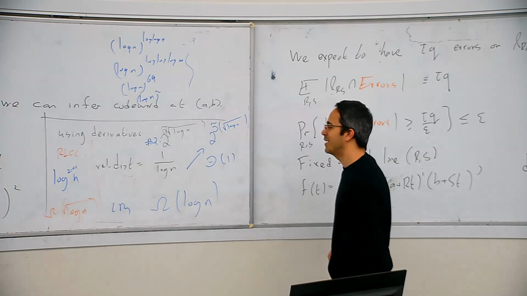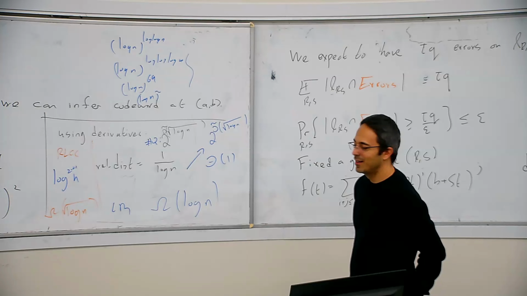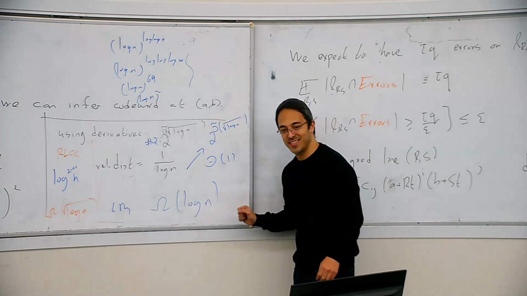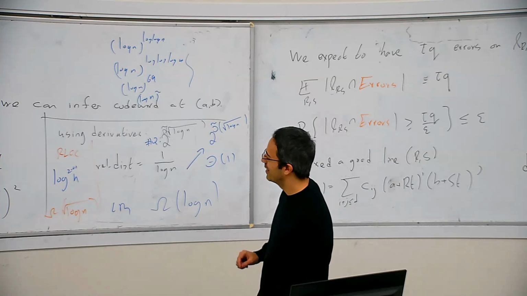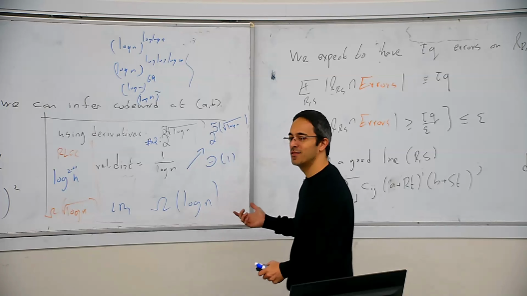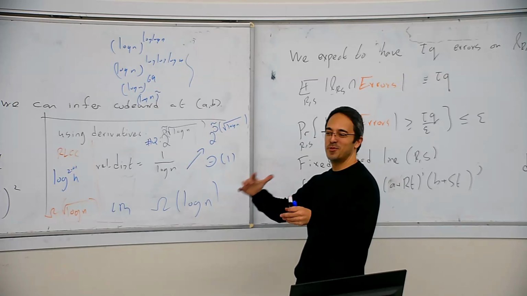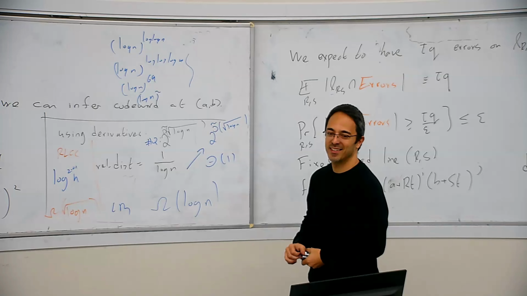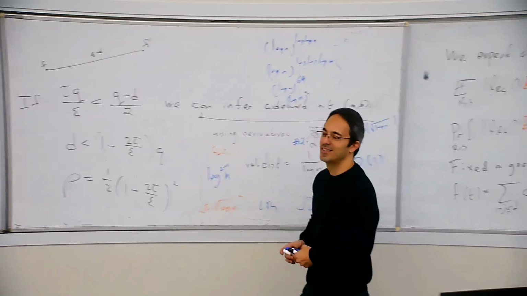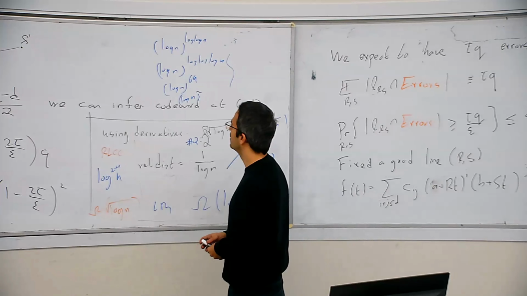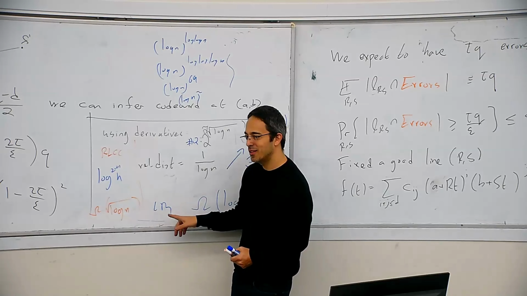Locally testable codes have a much higher lower bound? No, you can do it with constant queries. Oh, really? Yeah, and we may talk about it at the end. The construction of those uses expander graphs in a very nice way. Locally correctable and locally decodable is the same, essentially, but locally testable is different. Do we expect the lower bound to be log n squared or like log n for RLCCs?